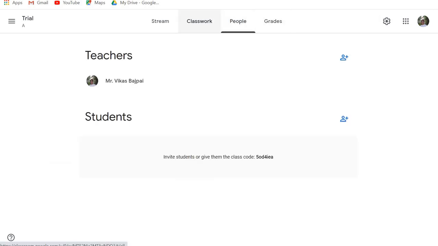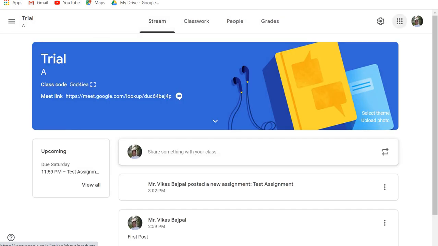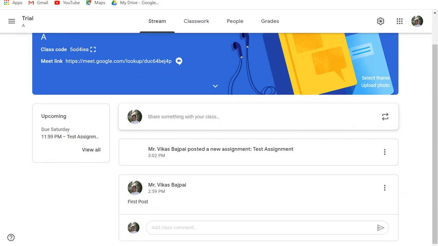If we go ahead with the grading part and all, there are some more options which I can play with, and I can get my work done in an easier way. So as I said, this is a very popular tool for effective communication and effective collaboration as well. So this is all about creating a Google Classroom and some related activities associated with this particular app.